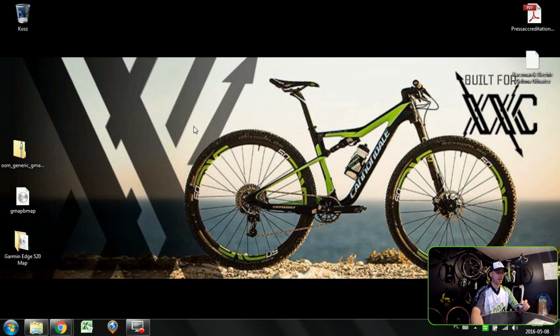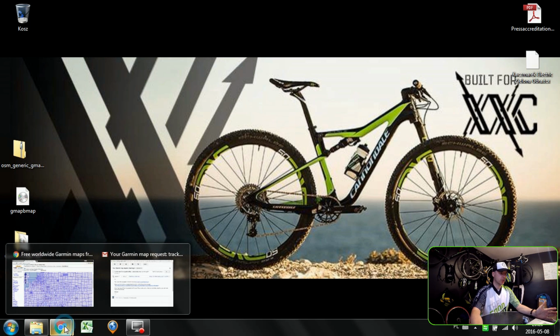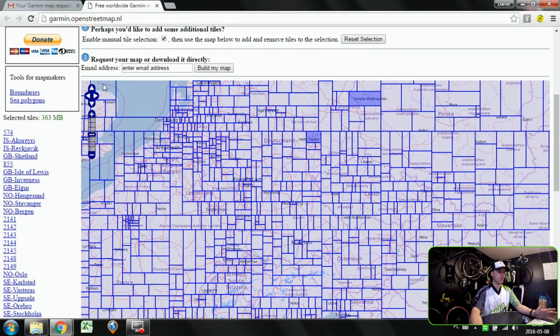We do have some basic maps on this device, but these are not super helpful when we go cross country. I just wanted to check yesterday some racing track for next weekend, and I really needed some extra map. This is how you do it. So let's just go for the website. We're gonna be downloading our maps from the